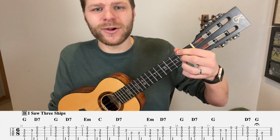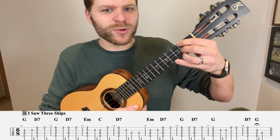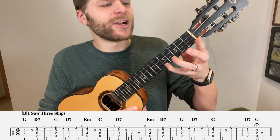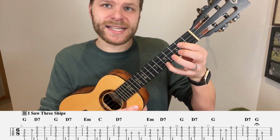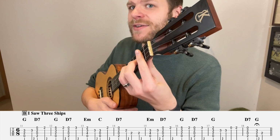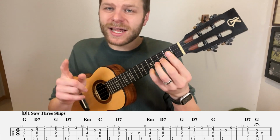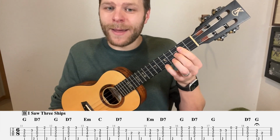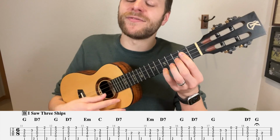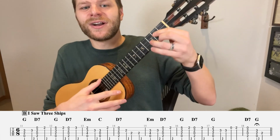Then we're going to add the ring finger on 2 of the A. And then we're going to make this kind of tricky G chord. We're going to move our pinky up to 5 on the A, and then we're going to have our index on 2 of the C and our middle here on 3 of the E. But as we do this, we want to set up our index finger to actually bar across the C, E, and A strings. It's not important for this chord here, but it is important for the next melody note, which is 2 on the A, in which you're going to take your pinky finger off to play. So we have this sort of start of